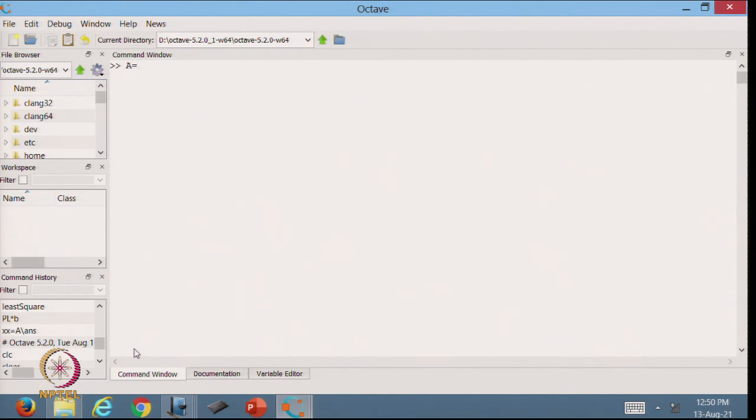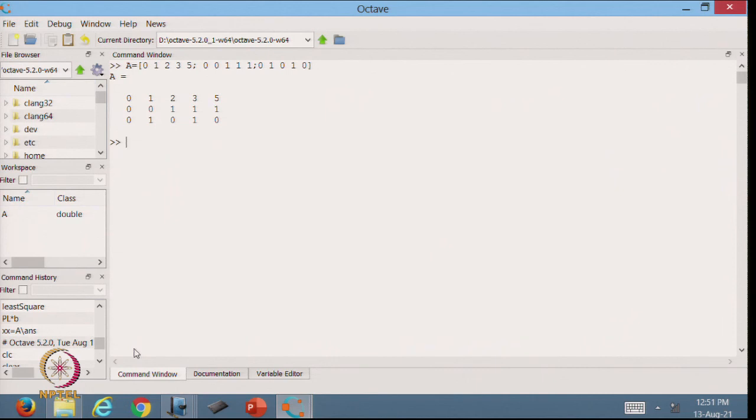Maybe I can take a very big matrix. I just take 0 1 2 3 5, and so this is my first row, and maybe I can take the second row as 0 0 1 1 1, and in the third row I can take 0 1 0 1 0. So, this matrix I have taken. It is a 3 cross 5 matrix.